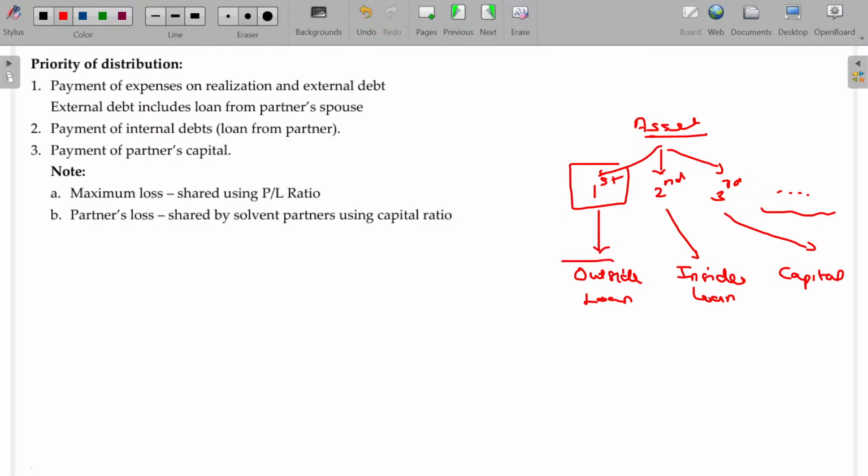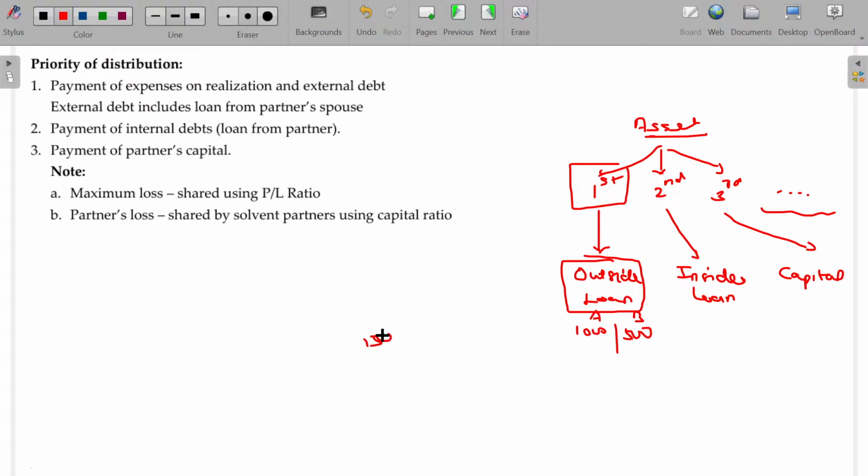If we have two or three outsiders' loans, what can we do? You have to follow the loan ratio. If you have only one outside debt, probably a loan of 1000, and you get 500 rupees, you can pay 500 currently. Another 500 rupees can be payable later on. But if you have two types of loans, 1000 and another loan of 500, where this loan is received from A and this loan is received from B,